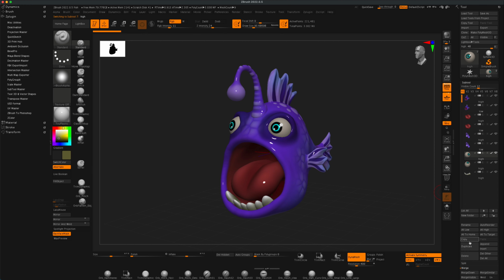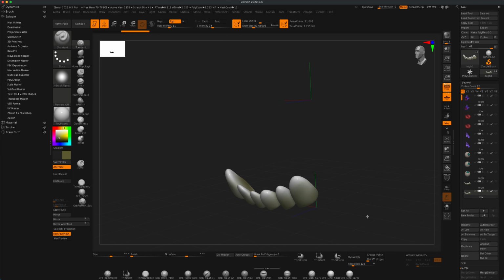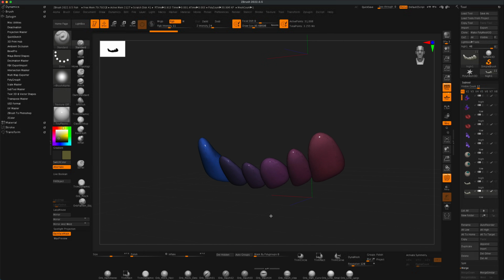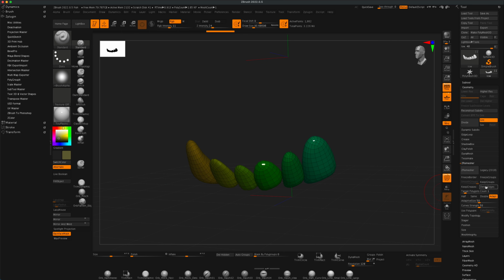So I didn't want to, again, bring it into something like Maya and do retopology manually. I just wanted to see if I can just generate a low poly geometry right here in ZBrush. So once I created a layer for each element, I went into ZRemesher and started playing around with simplifying the geometry and completely ignoring the colors and the textures, because my intention is to create a low poly